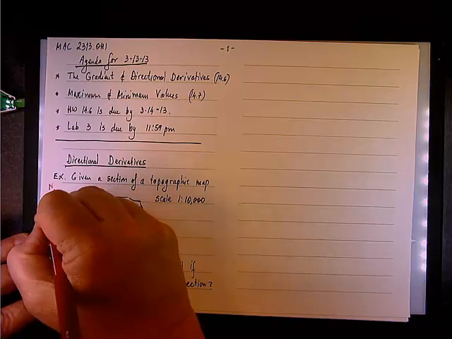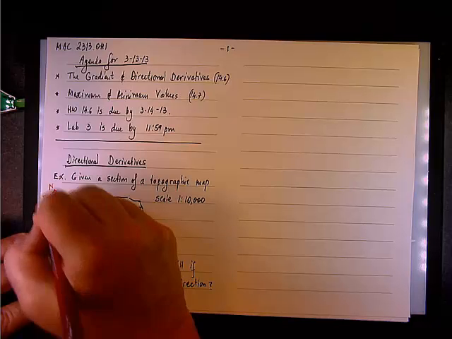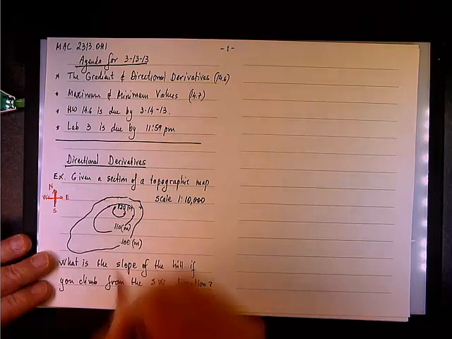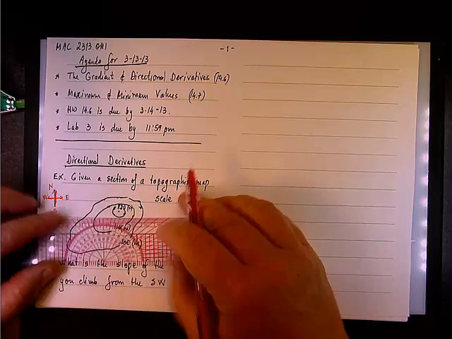So this is the north, and this is the east to the right, and west to the left, and south to the bottom. So if we put the top right here,